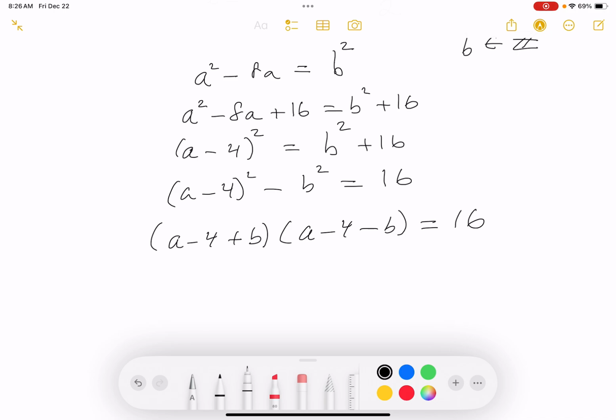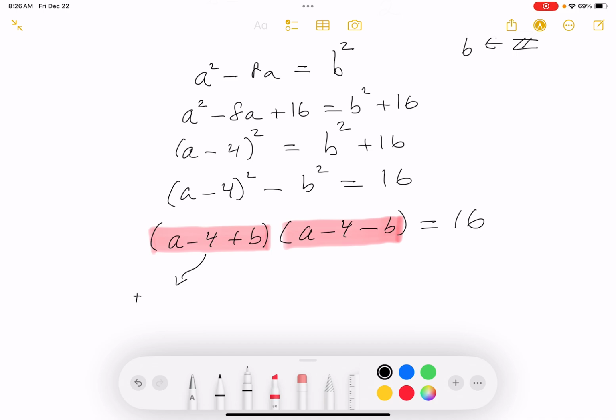Right, I want to remind you that a and b are integers. So a and b are integers. And again, this is the part where you see, what do I do now? I gotta determine that I could look at this over here, and there's 2 factors, by the way, and they're both integer factors. They got to be 16 when I multiply them together. So I'm going to say, the possibilities of this over here is that, this could be,